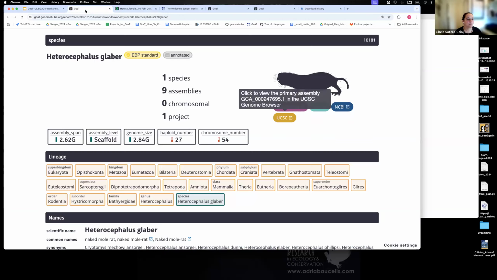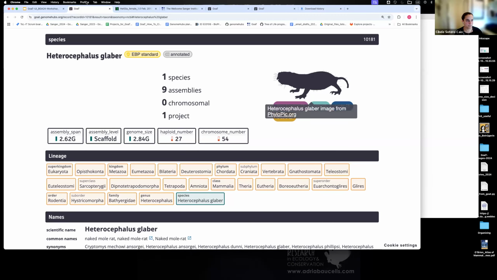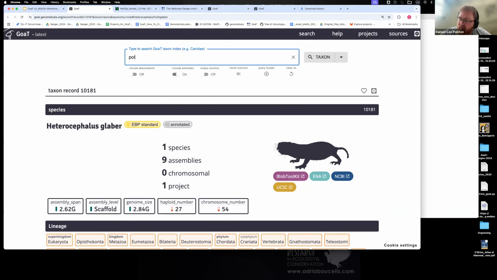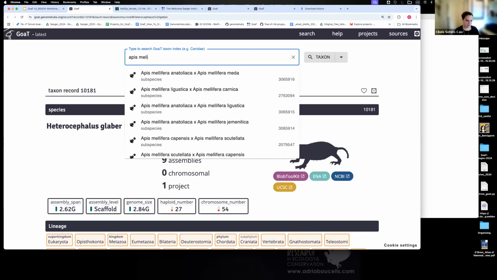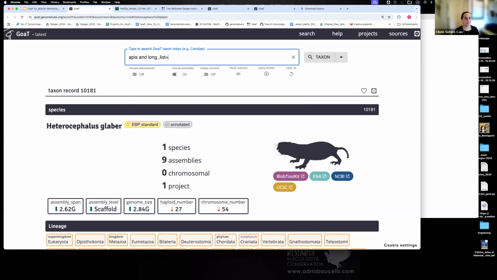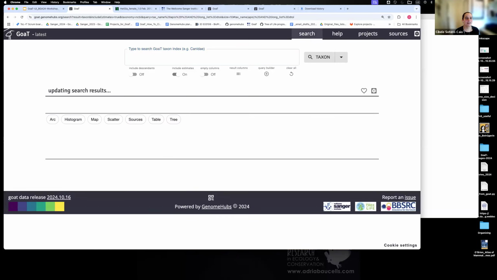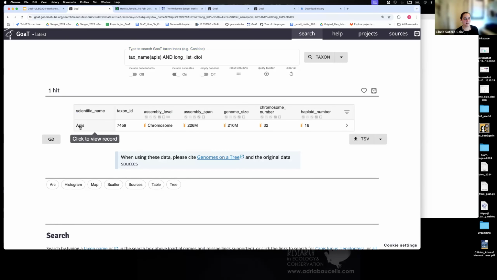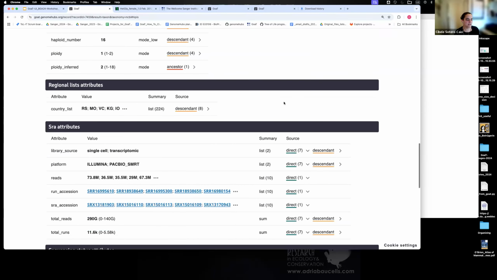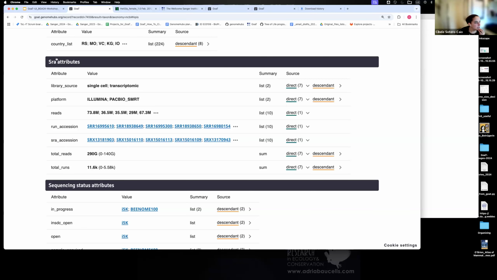But see here, a bunch of ones that I can't expand. But anyways, where's the detail? What is your favorite species? I think Apis mellifera is one, isn't it? Maybe not. It is in the list, but it's not done.